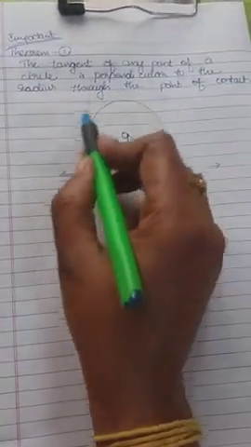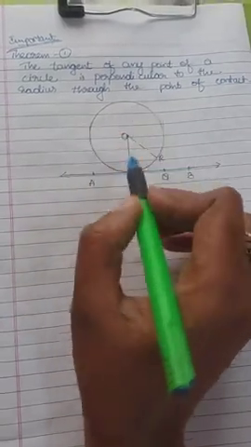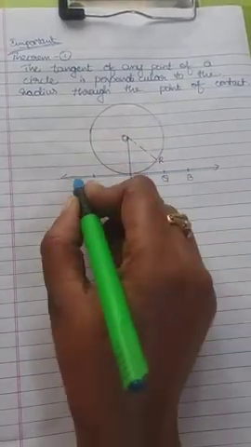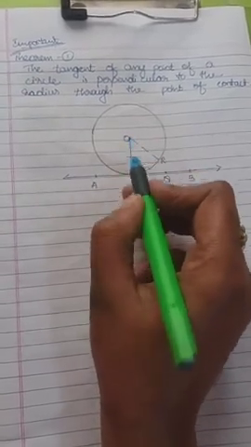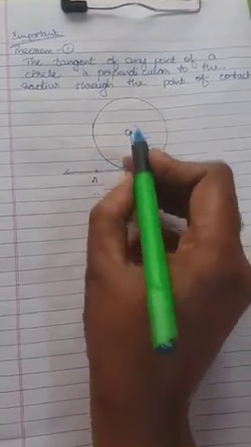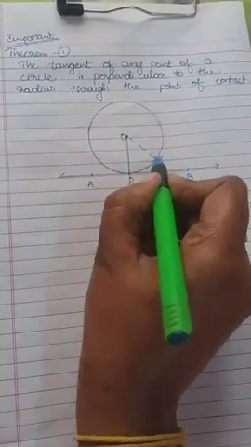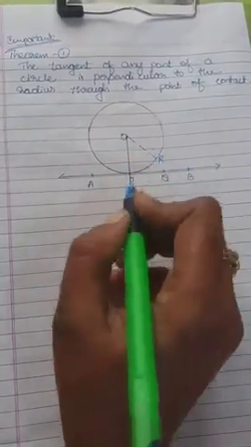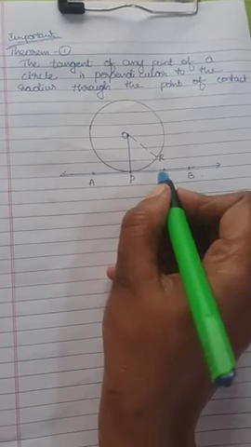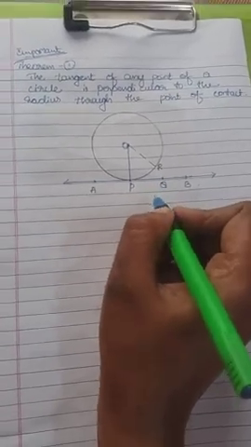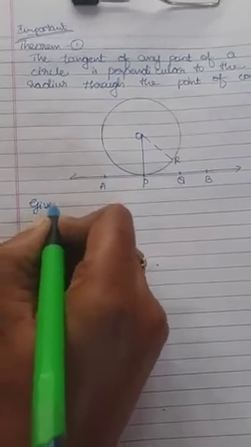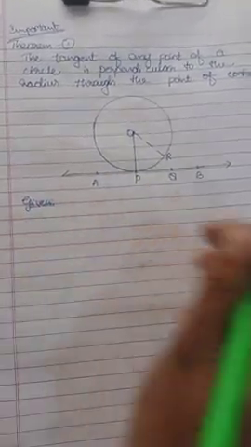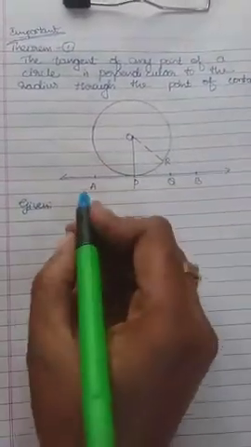So this is a diagram you have to take down. This is a circle and AB is a tangent, the line AB is a tangent, and OP is perpendicular, as well as OP being a radius. One more extra construction we draw here: OR is a radius, and we marked Q as a point. Okay, so let us write the given. What is given? AB is a tangent of the circle.